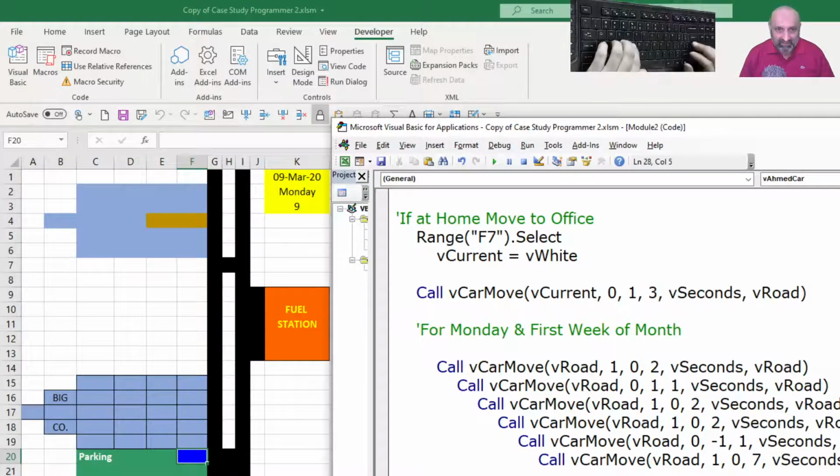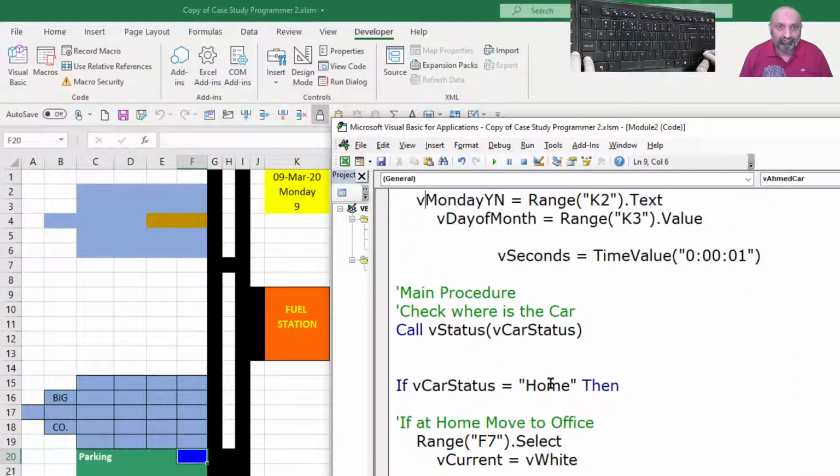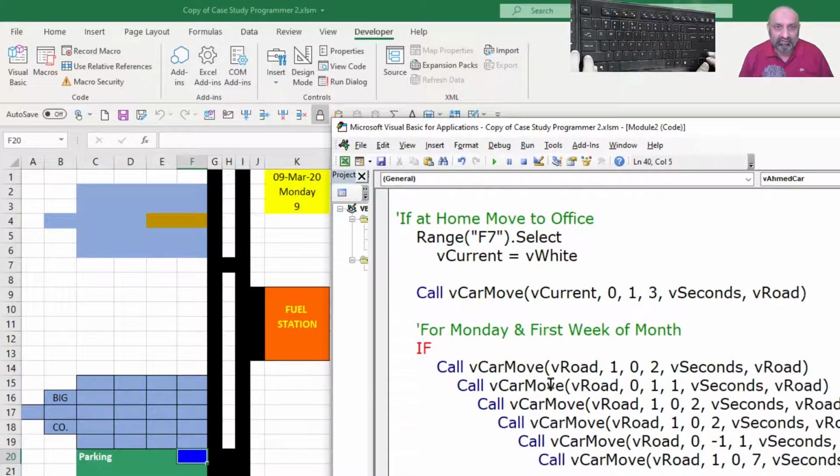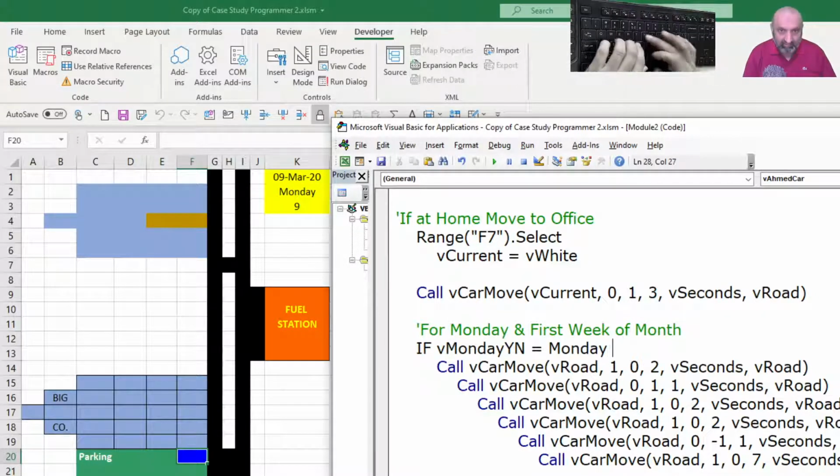First, let's add if this is Monday. So how will we know it's Monday? If this variable v Monday y and n, yes, no, is equal to Monday, then, and this Monday should be in inverted commas.